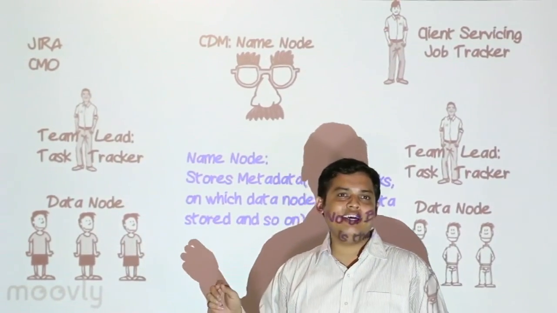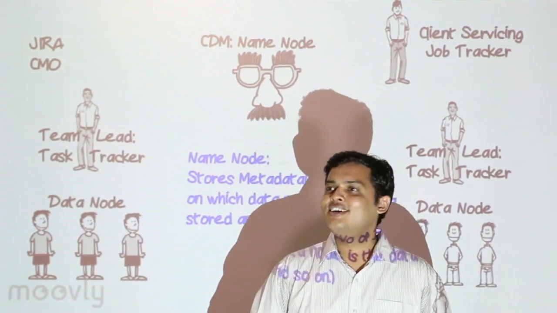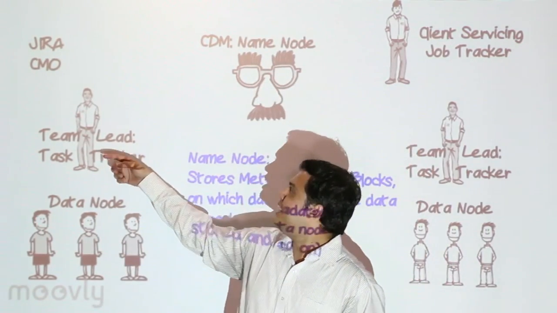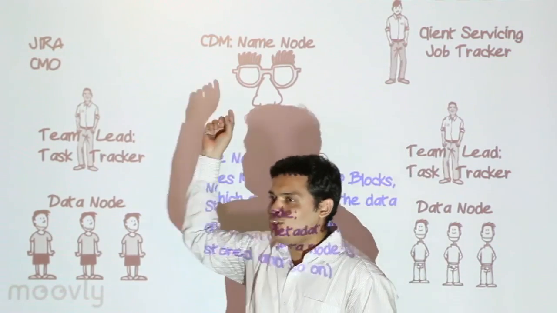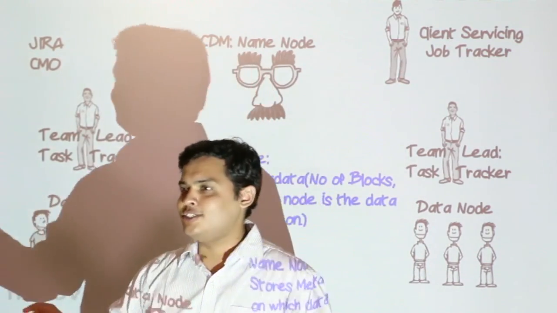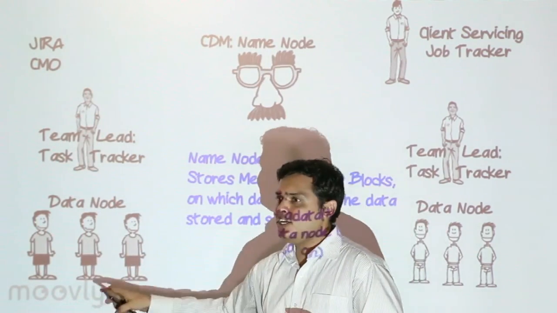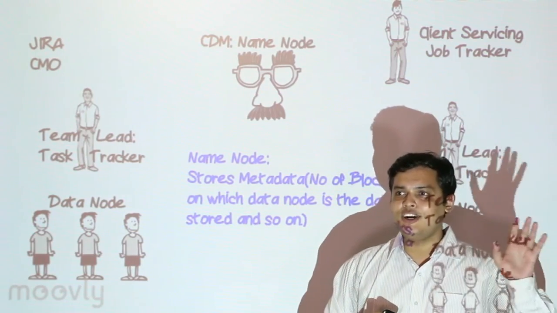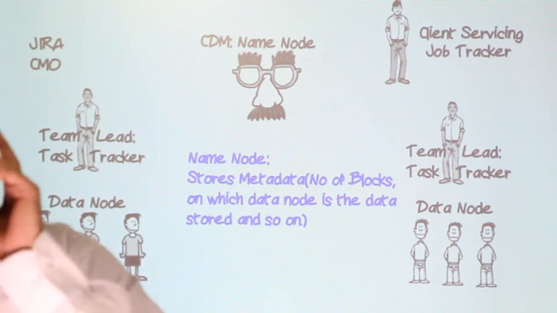Now suddenly this guy says, okay, I am going on a 1 week leave. What happens? This guy knows that this guy is going on leave. He will go to the other CDM and say, give me a resource. So if there is a failure, you actually get a different resource. Got it? Are you with me? So it ensures that your campaigns are going out.